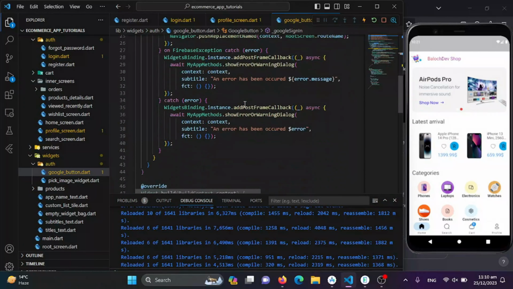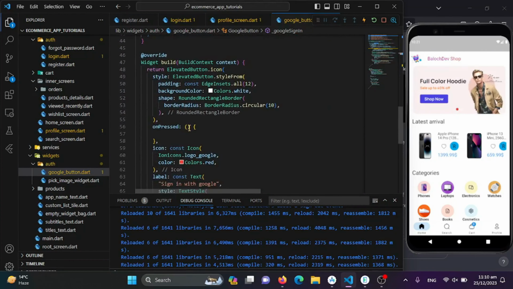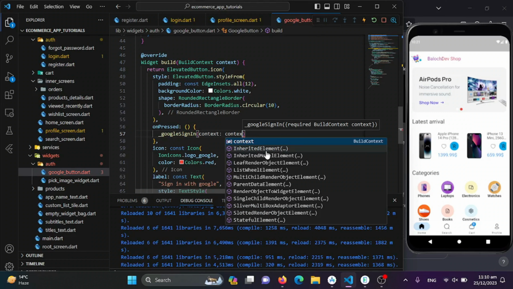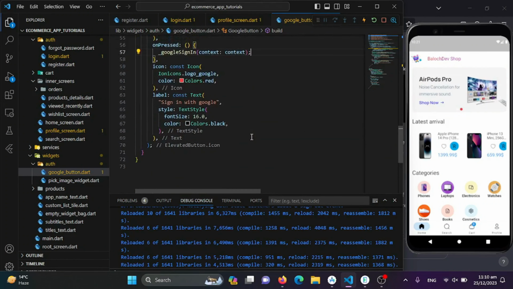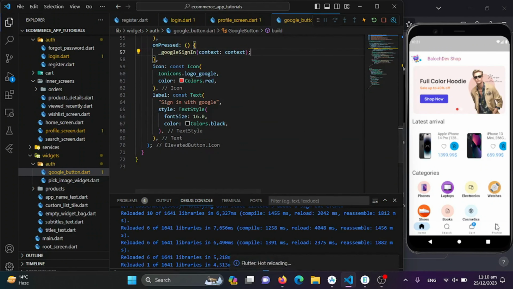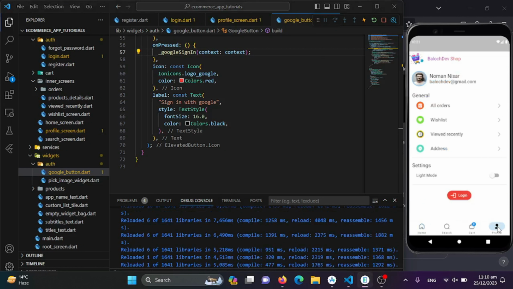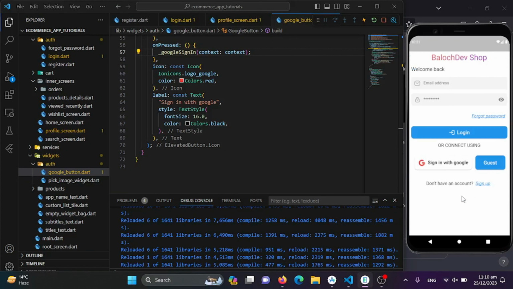So I'll do that, which will be this, the context, and the context will be the context. Great. So I'll save this, and now I'll go to my profile screen again, and I'll go to this login, and now I'll click on this sign in button,